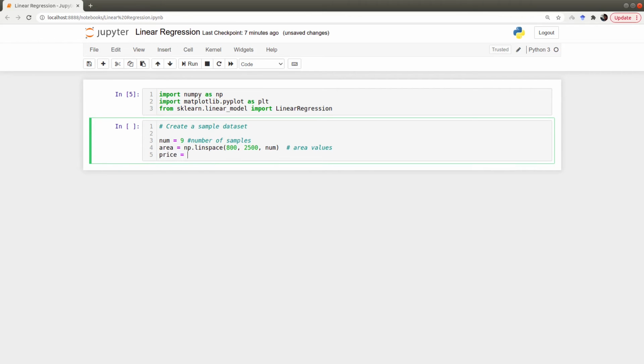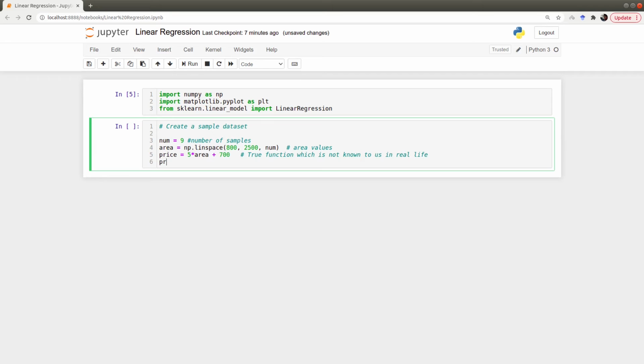And the price is, we are assuming it to be 5 times area plus 700. Well, this is the true function